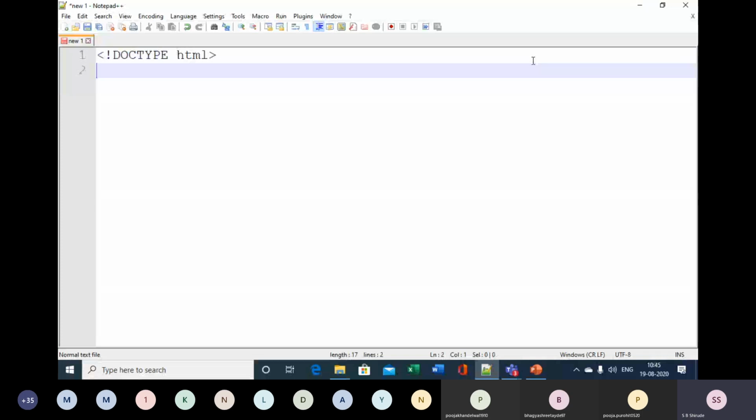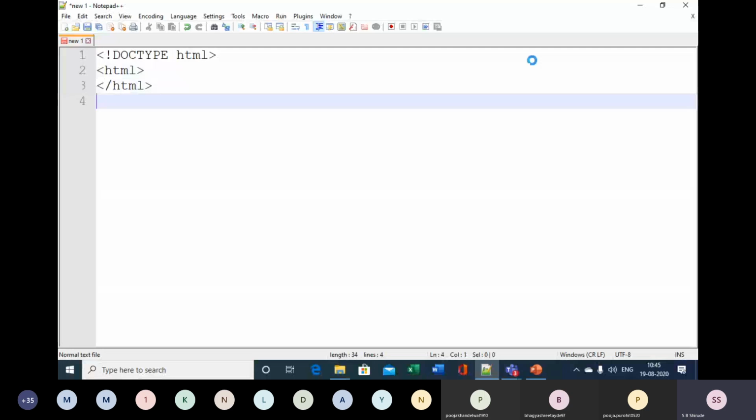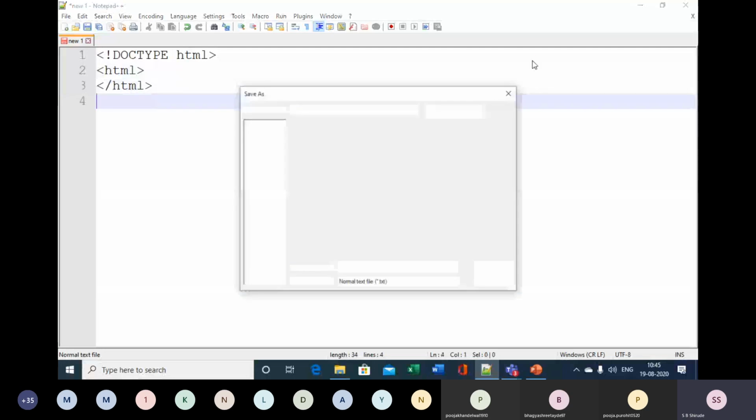Let's start typing here. So you know that the first line is the DOCTYPE. So DOCTYPE HTML, and then after that we have the start tag of the page, html, and the end tag of the page, html. Just save this particular page.